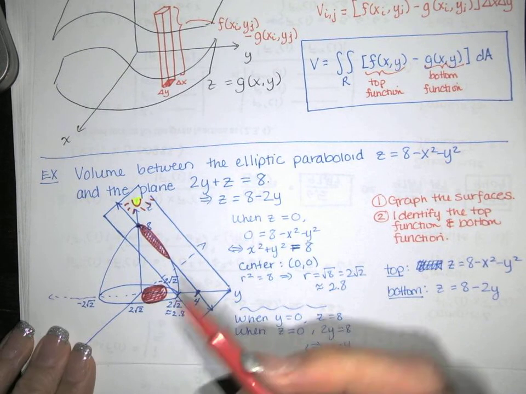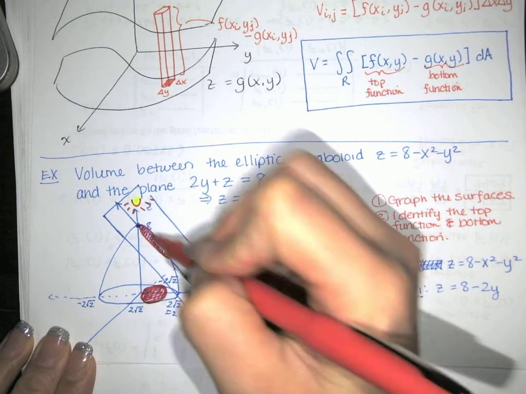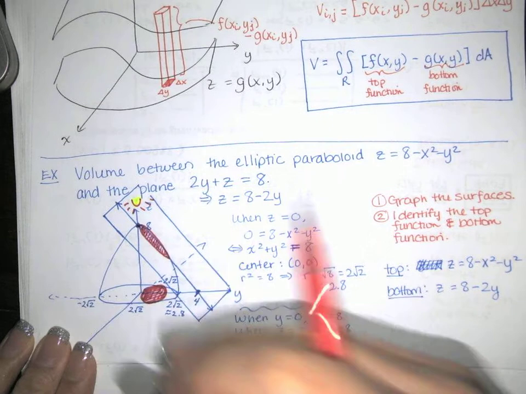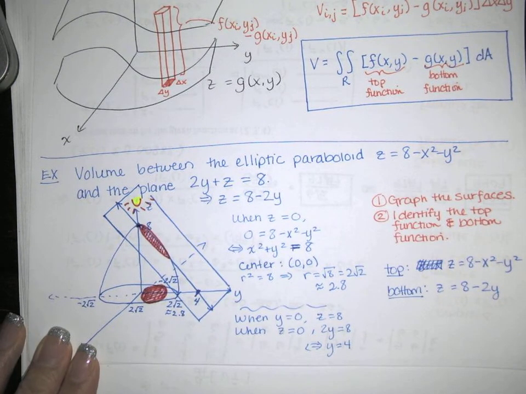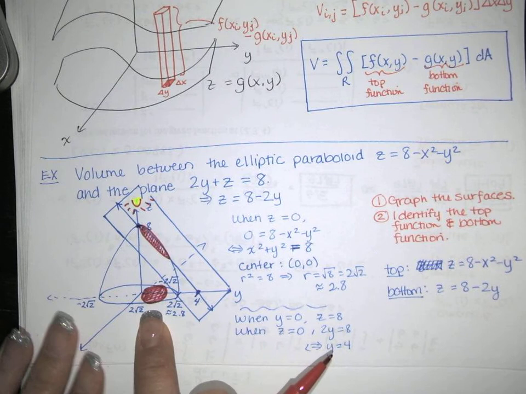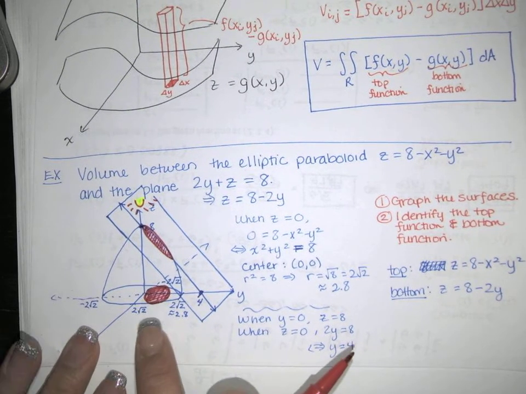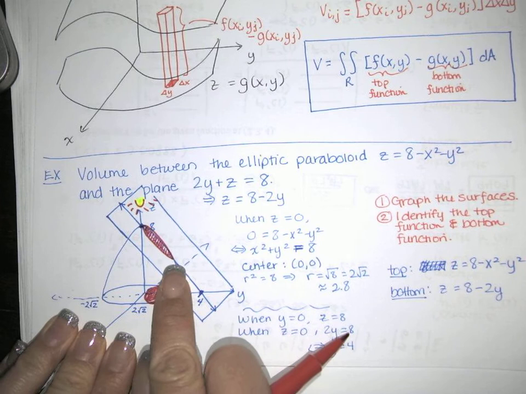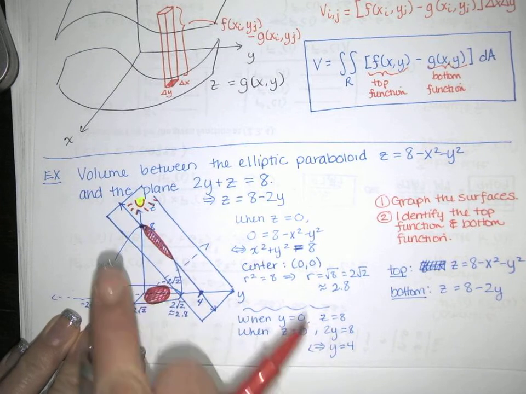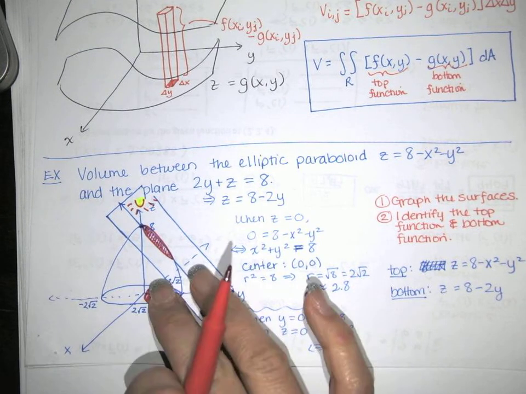Down here in the xy plane, we're going to see some shape that looks like that from where our plane sliced off the top of that elliptic paraboloid. That's the region R. Now in order to find the region R, we need to find the boundary of that region. And the boundary of that region is found in a very similar way